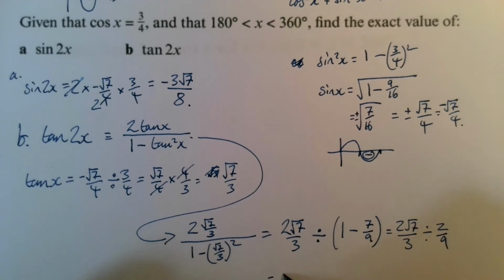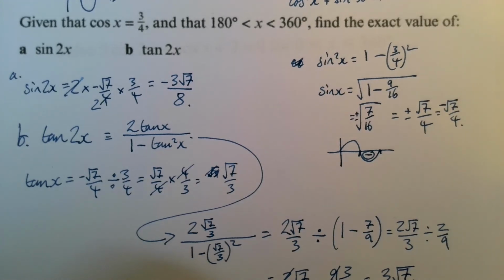So then we can say that's going to be 2 √7/3 times 9/2. We can cancel there, we can cancel there, and we get 3 √7 as our final answer,